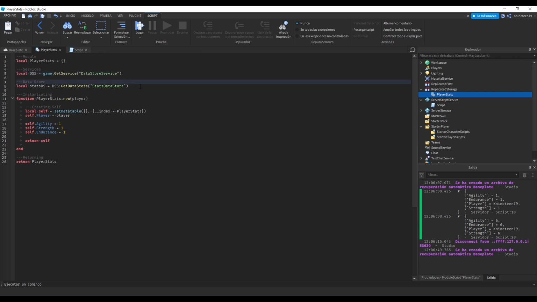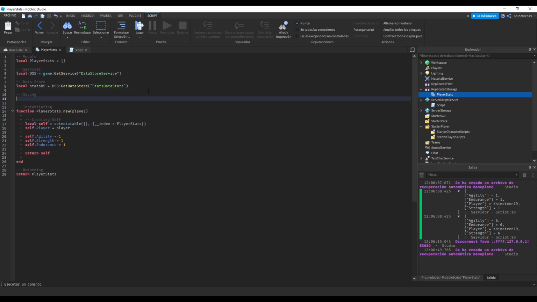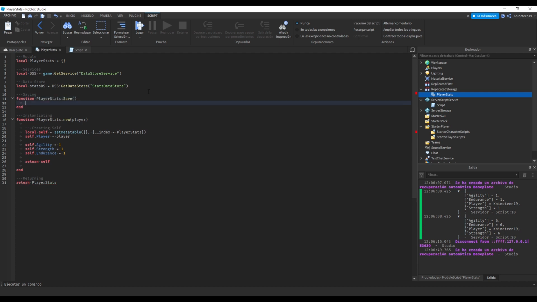saving, right? Function player stats save, and we don't need to specify anything because we already have the self from this colon here, and that's kind of the whole benefit of using this sort of format of doing it. I don't really know how to do this colon thing with other formats. It might be more complicated, but so then we can do